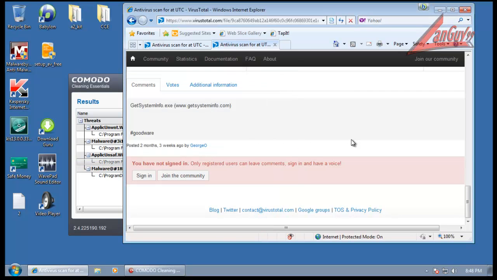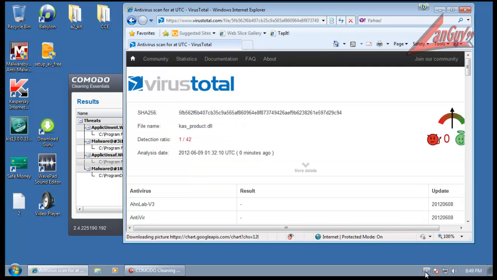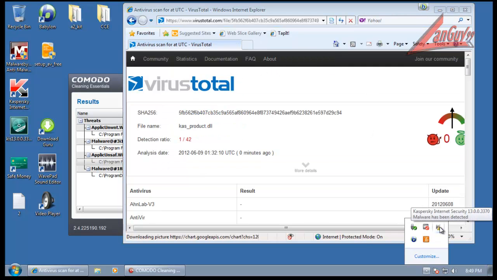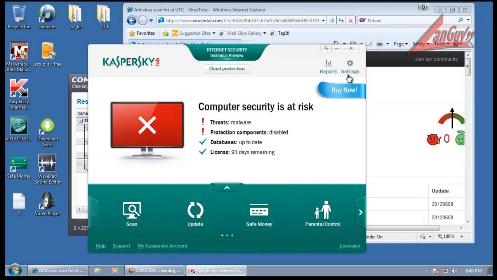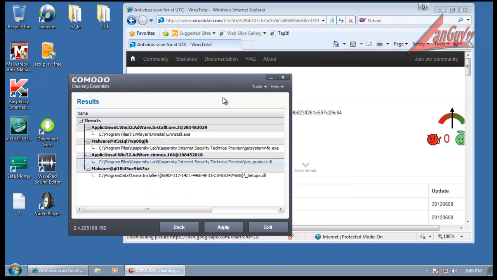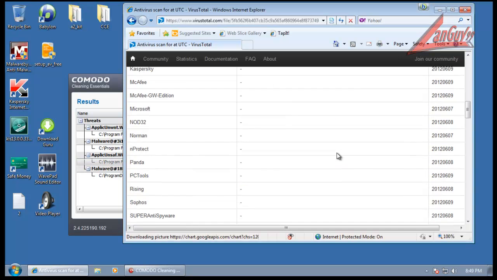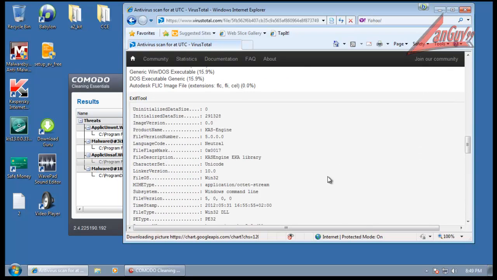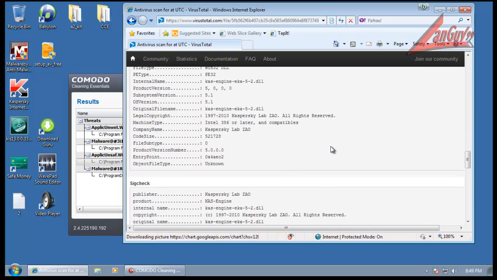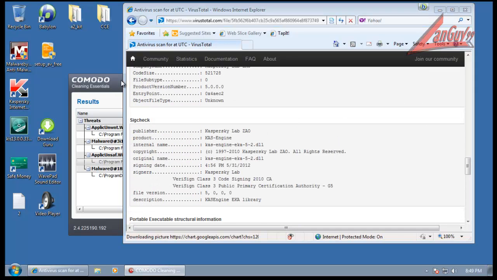It might be part of something that serves little reminders to update, or might be part of when you open up the main interface here of this little buy now thing. I'm not sure. But because they're both actually signed by Kaspersky, even though they're identified, they wouldn't be detected, because of the digital signature. But we're going to report these as